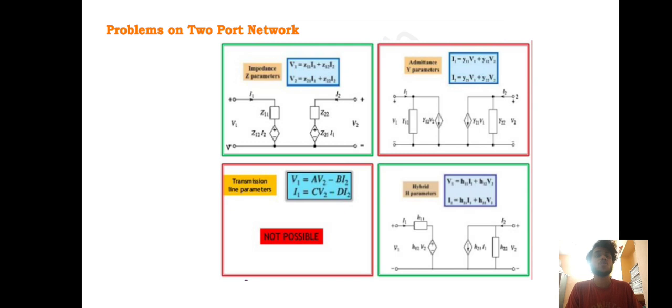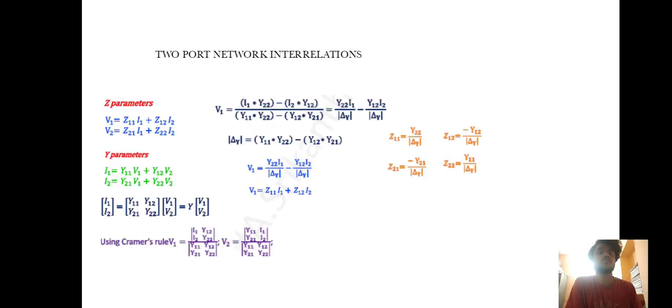Problems on two-port network. Impedance Z parameter, admittance Y parameter, transmission line parameter, hybrid or H parameter. Two-port network interrelations. Z parameter: V1 equals Z11 into I1 plus Z12 into I2, and V2 equals Z21